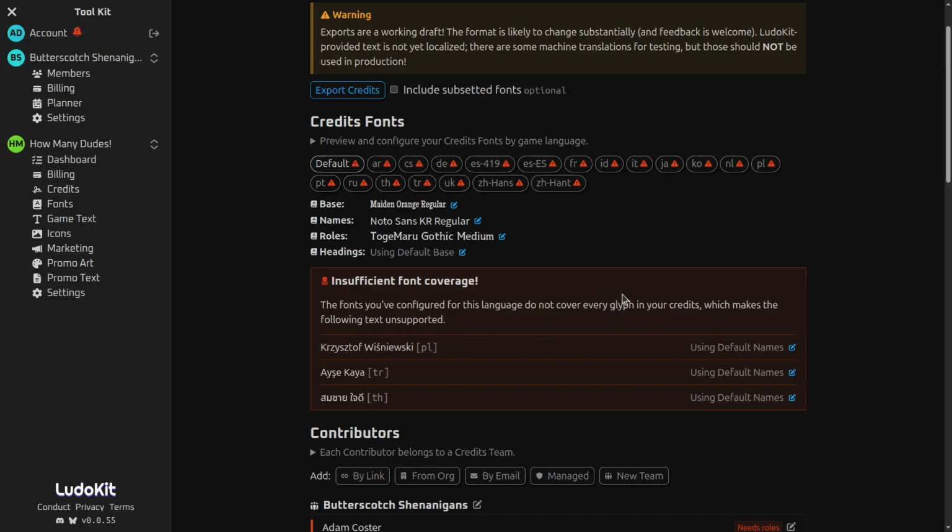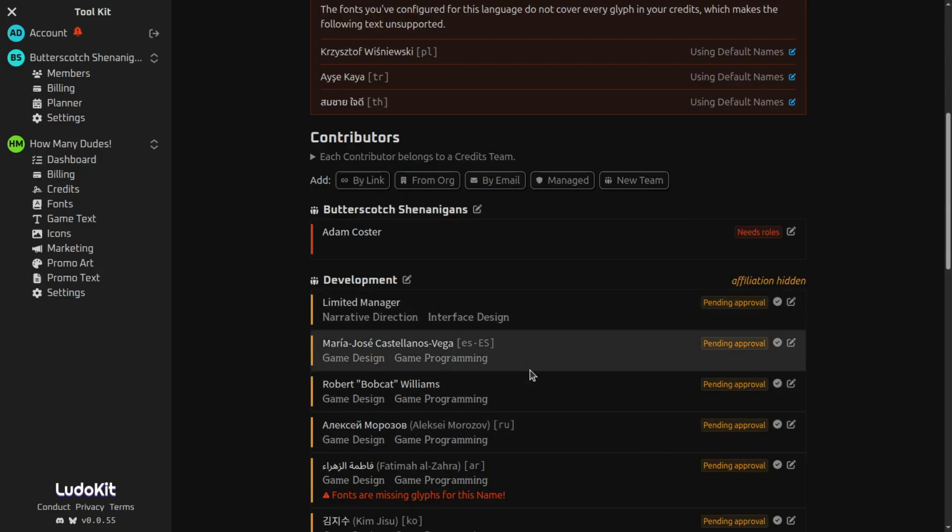This version adds, or recent versions anyway, make a bunch of changes to how the credits fonts management works, in particular with respect to how issues are detected and how you manage them. I have a prior video about the earlier version of the credits font manager. As a quick recap, the idea here is that if you're dealing with credit fonts, you have to deal with